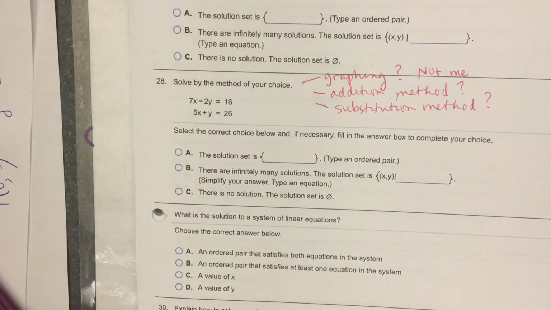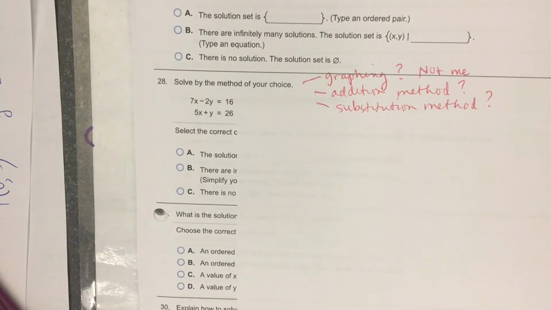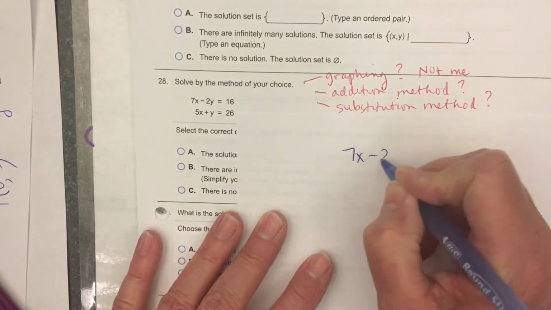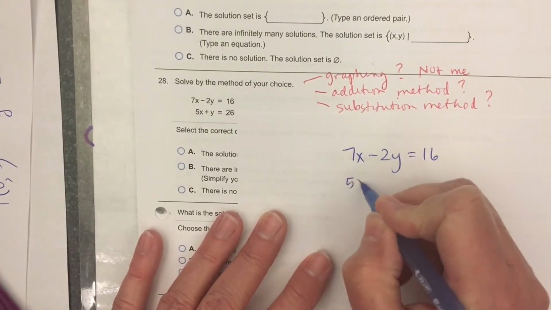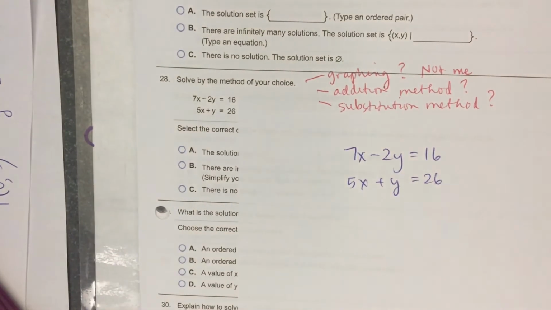I'm going to do the addition method. Now my first thought was substitution, but I like the question that was raised a few minutes ago, and I'm going to take that approach with, I don't have to multiply both equations all the time. Here's my first equation. Here's my second equation. And as I look at these two,